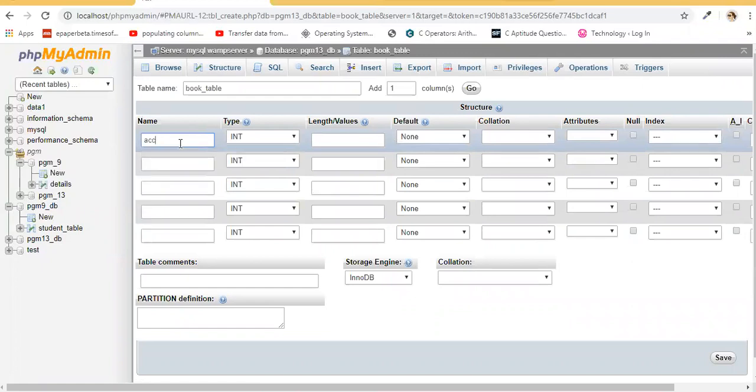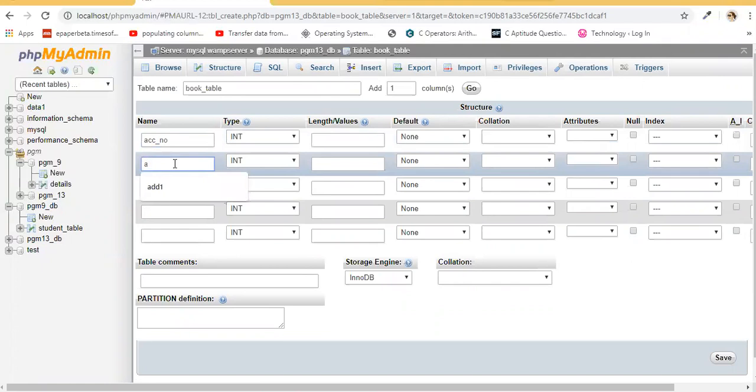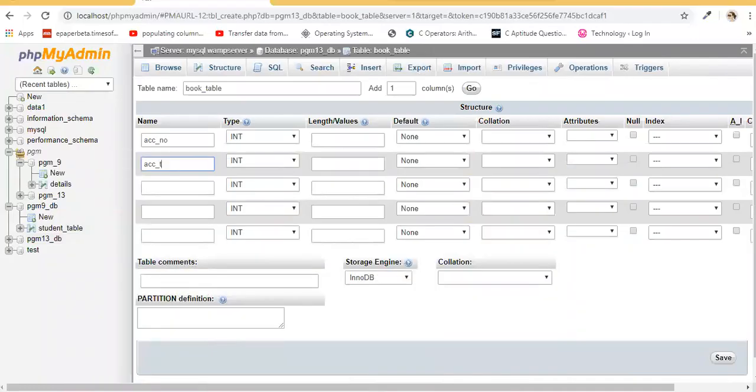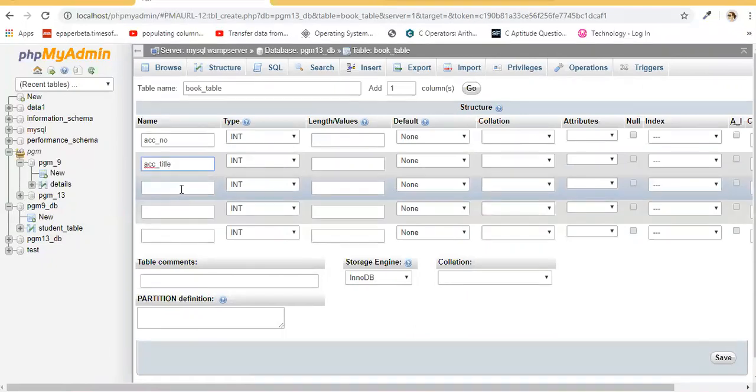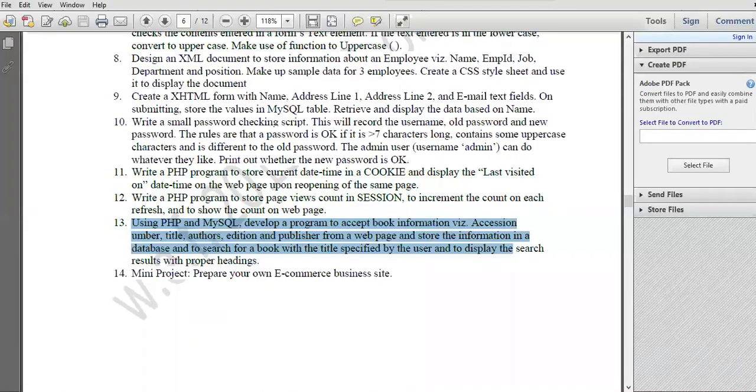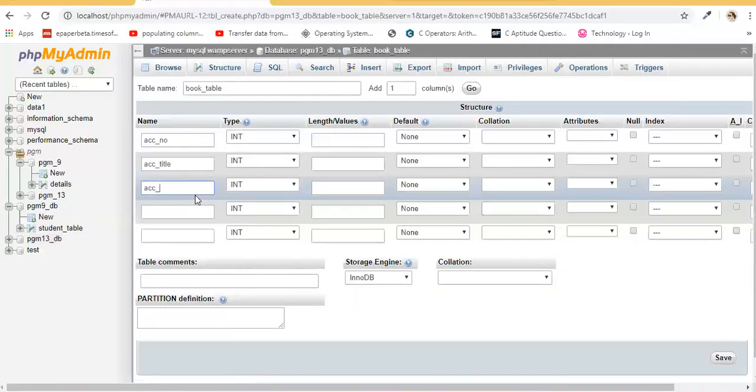The first one is accession number. Then we have accession name. Let us check what it is. We have accession title. Then we have accession author, edition, and publisher.